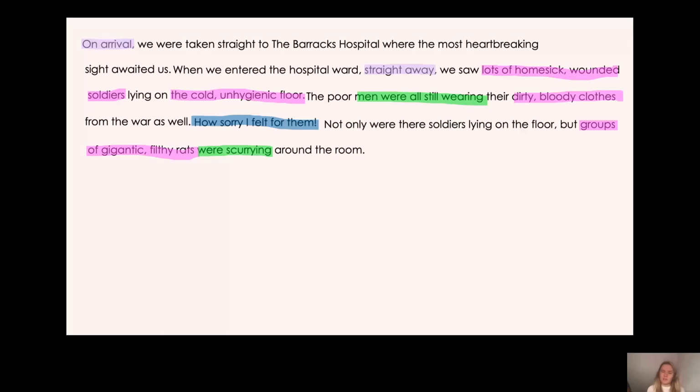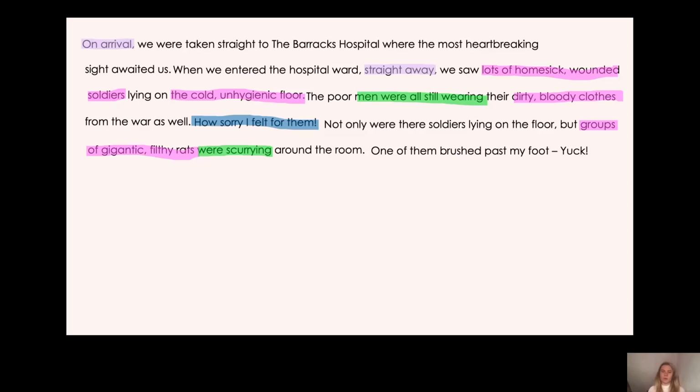Okay, so how did I find out that there were rats scurrying around the room? Because I want to tell my parents how I found it out. Well, I found it out because one of them brushed past my foot, and then I've put "yuck" with an exclamation mark. Now, why have I put an exclamation mark after yuck? Yes, because I probably shouted it, didn't I? When I found it brushing against my foot, I probably shouted yuck, or I probably screamed. So the exclamation mark is showing shouting in my diary entry.